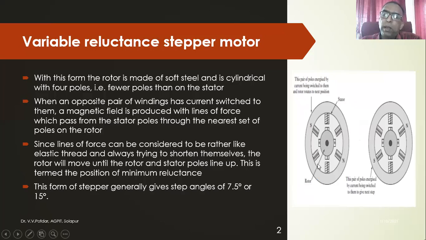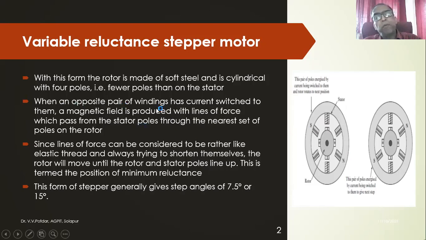I provide the pulsed input to these pairs of poles so that I can get the required angular positional change. The rotor is made of soft steel and is cylindrical with 4 poles, that is, fewer poles than on the stator. The stator has more poles.